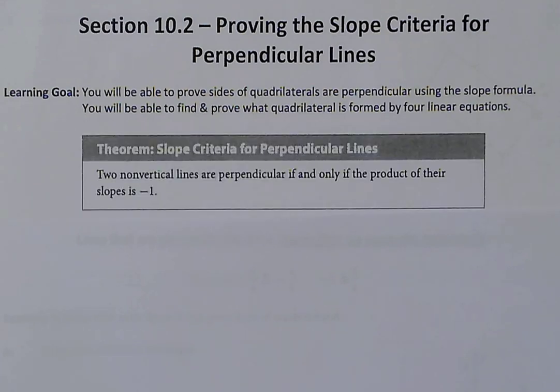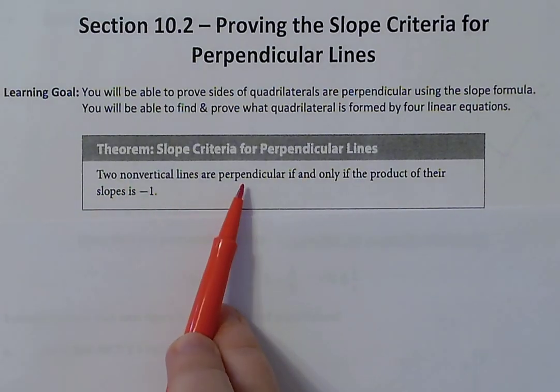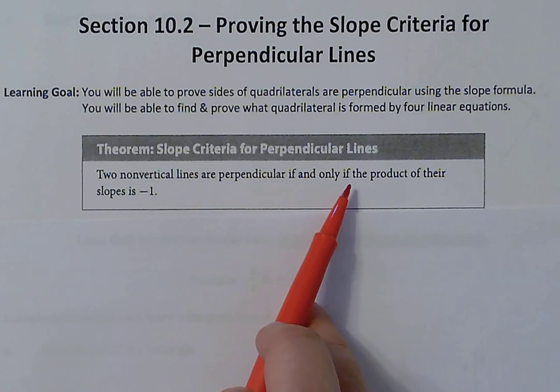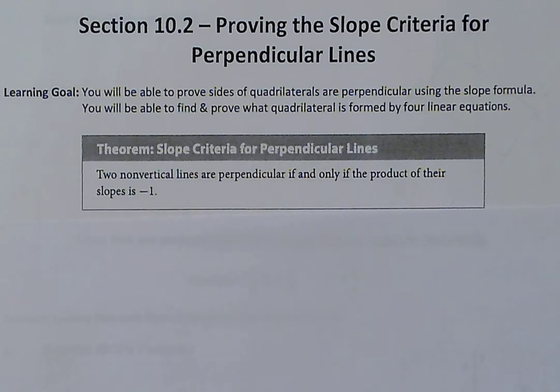And the first thing that we need to talk about is the slope criteria for perpendicular lines. So we're going to review over what that criteria was, and then use that to help us with example 1. So, two non-vertical lines are perpendicular if and only if the product of their slopes is -1. Product means multiplying, so if you were to take the two slopes and multiply them together, it would be -1. And the way that we talked about this in section